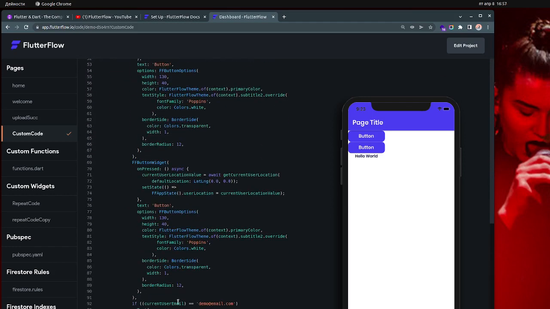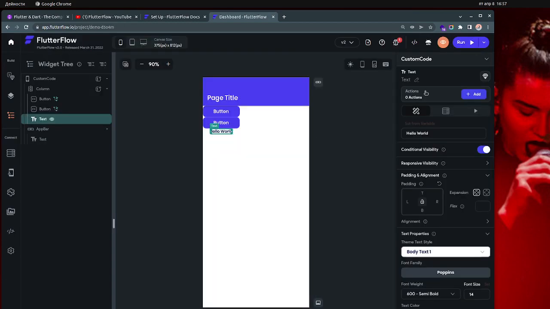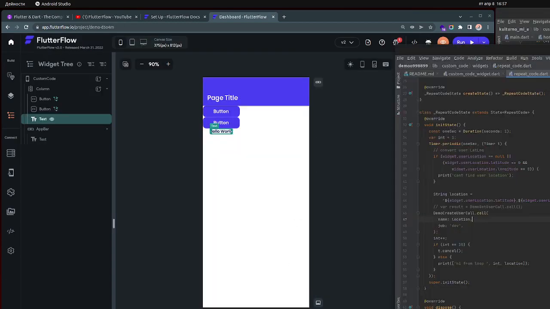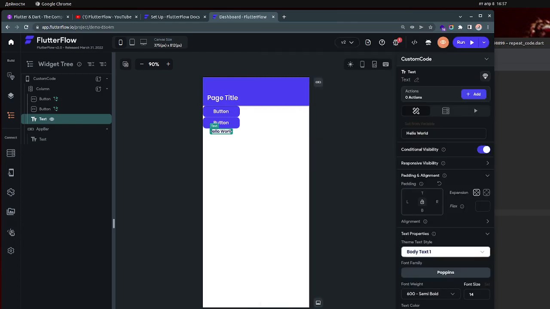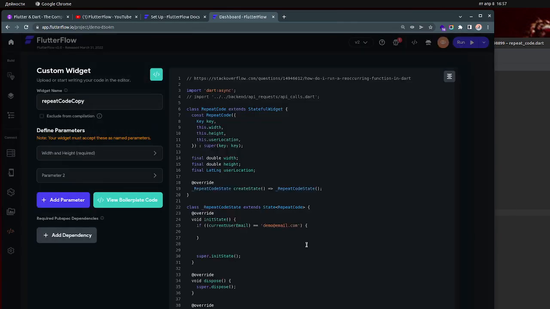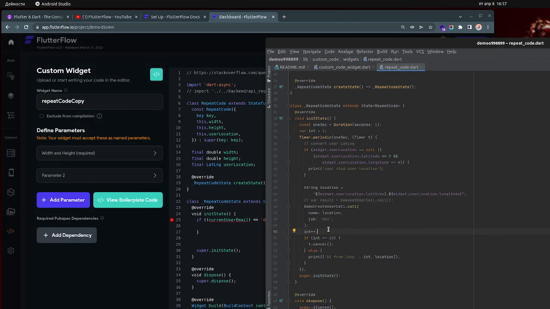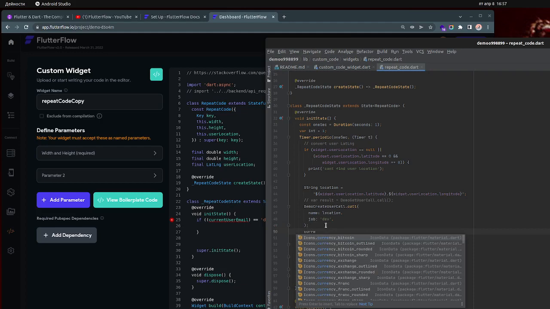The best thing you can do is open Android Studio, go right over here to current user, and see if you have access to the current user. Because if you have access to it here, you can use it in the custom widget. So, current user email,